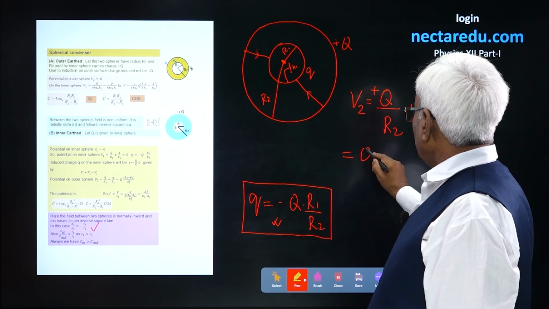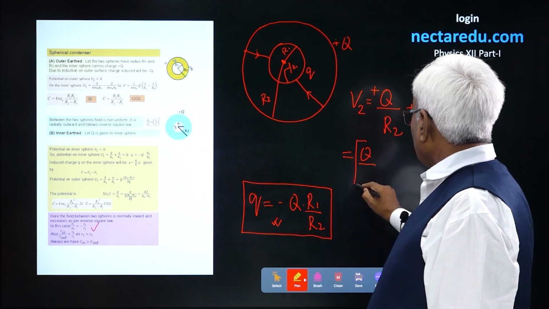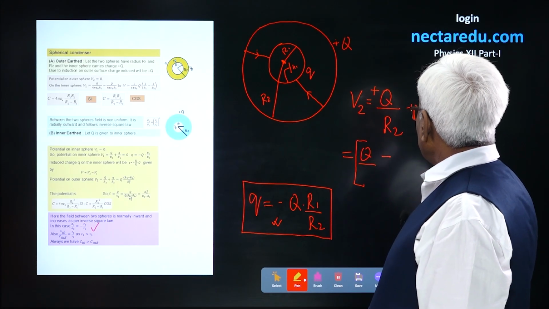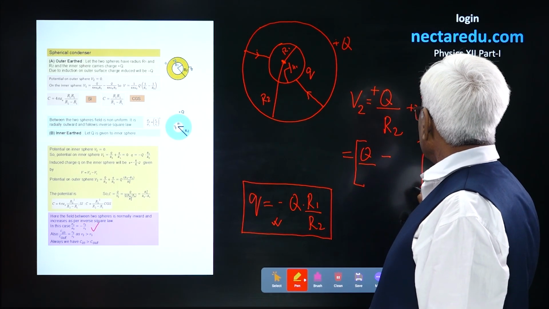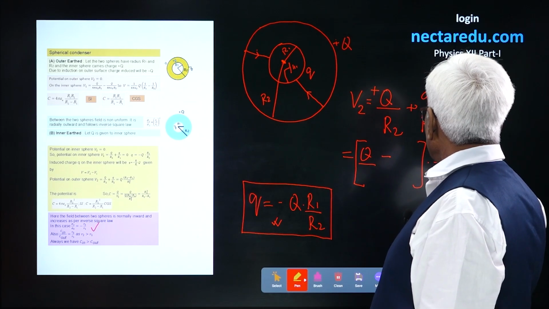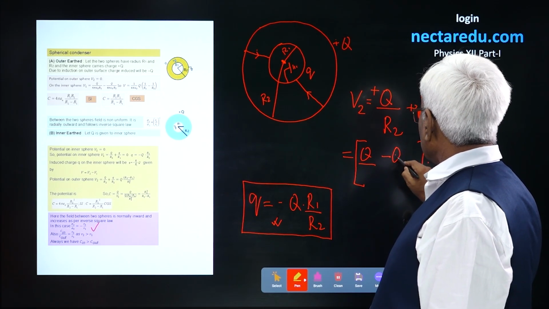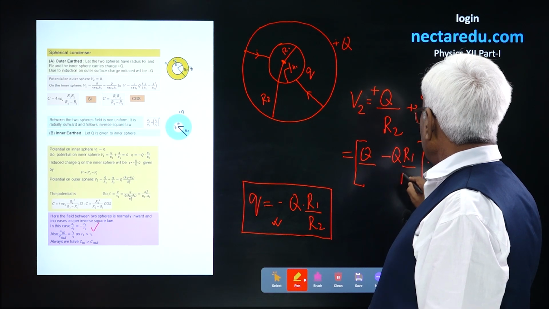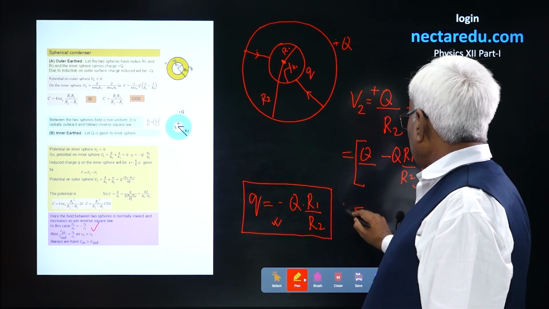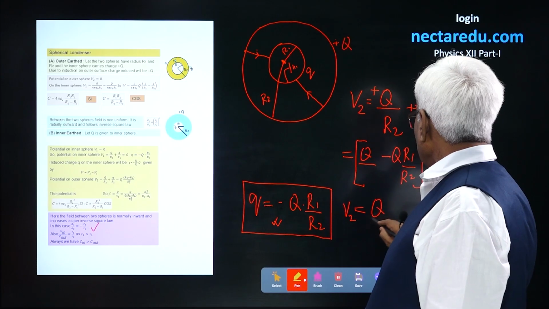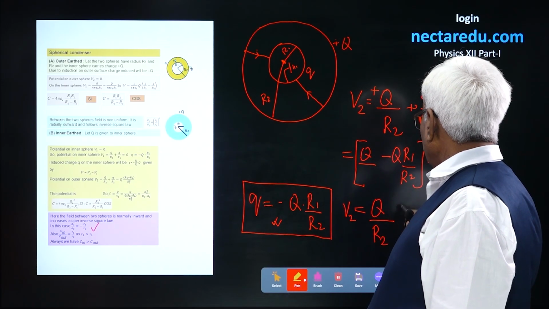You take Q, R2 will be common, and this R2 is also common, taken outside. Put the value of this small q, this is Q R1 upon R2. That means V2 equal to Q upon R2